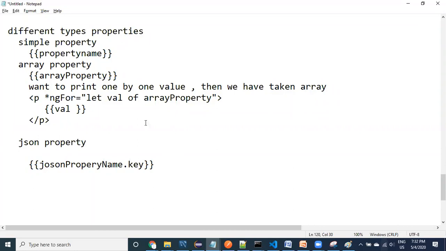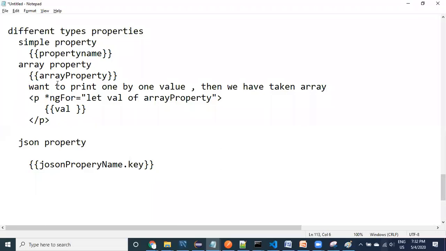See here, guys, these are the things that we have done today. Property name directly: if it is a simple property, just the property name directly. If it is an array property, we can use it directly to print all the values.